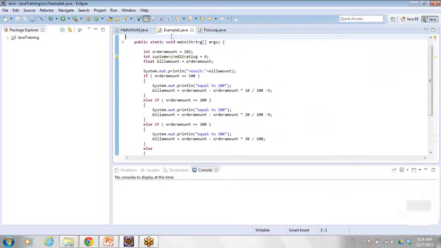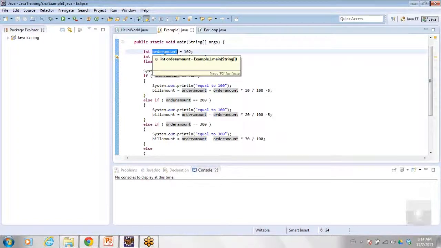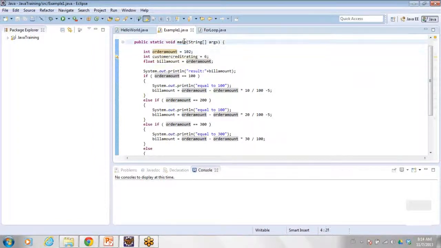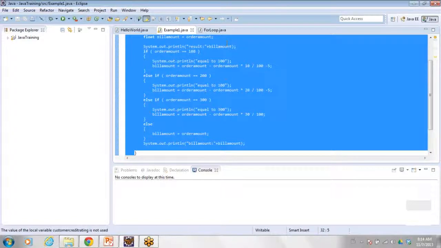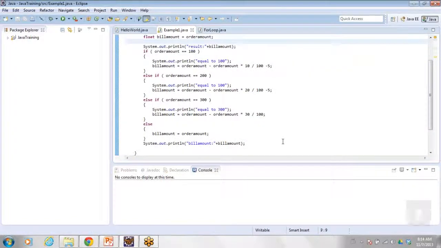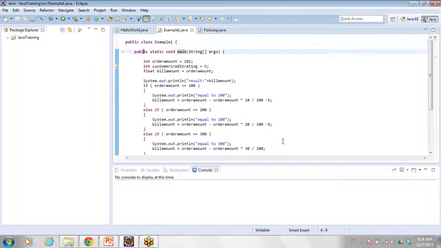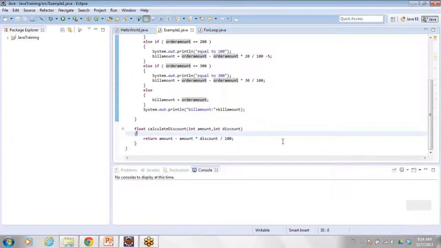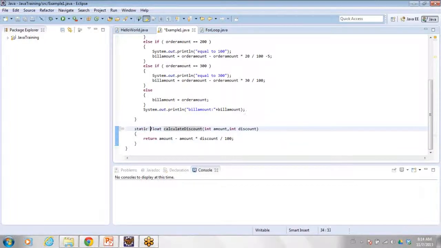So because these variables are also defined inside the function with name main, that's why we are not able to access these variables in the other function. So I will explain what is the static later. So we have defined the function.